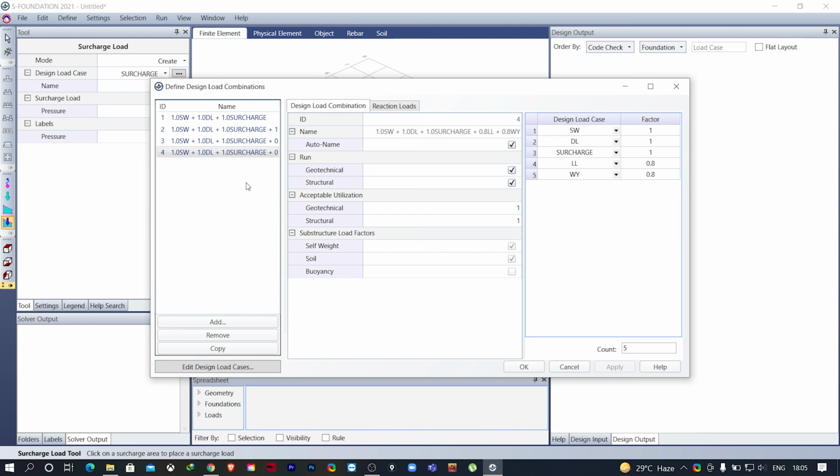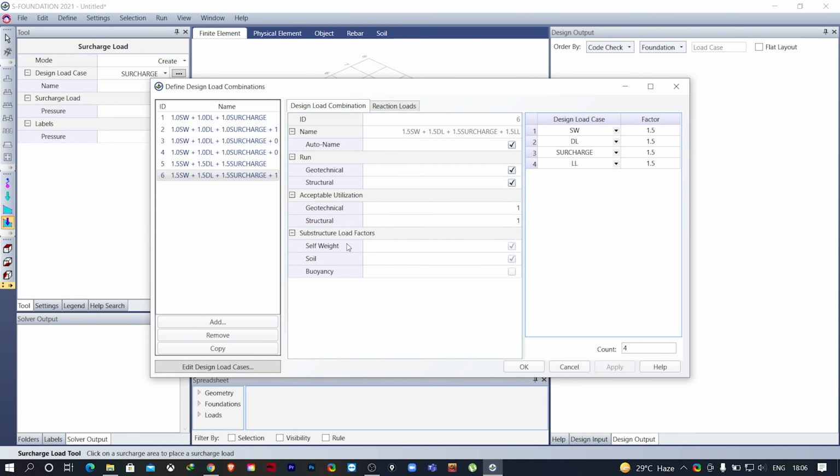Now similarly I'll create the design load combinations. So for that I will select the first load combination here. I'll make a copy of this and I'll change these factors to 1.5. Click on apply. I'll select the second one. I'll make a copy. Here also I'll make all these factors 1.5.